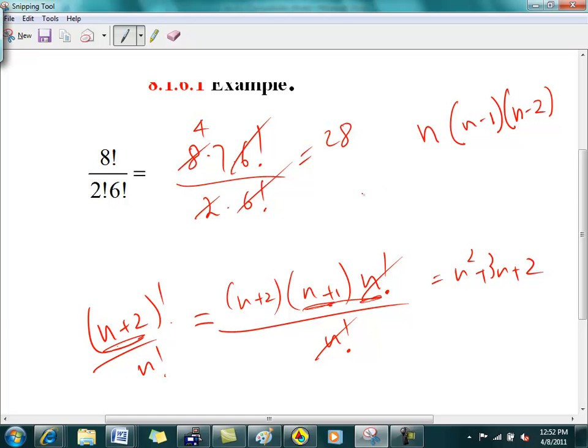So remember what 8 factorial means. You're going to start with 8. You're going to reduce by 1. You're going to reduce by 1 and so on. So you start out n plus 2, reduce by 1, you get there. You reduce by 1, you get there. Why did I stop here? I stopped